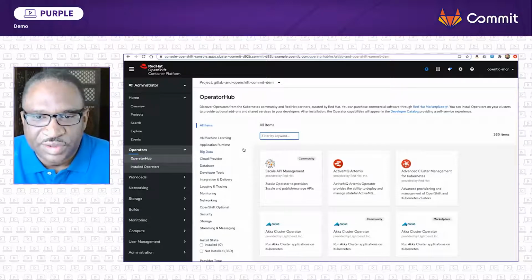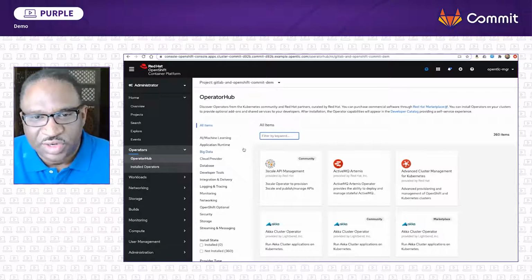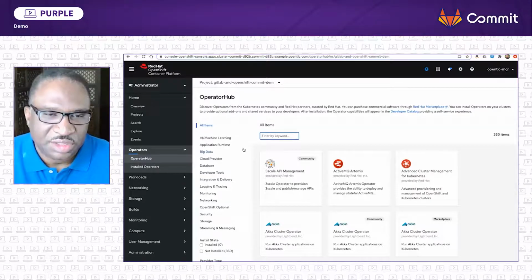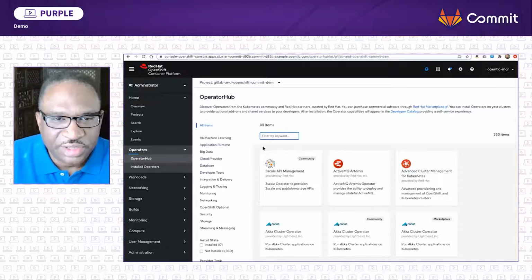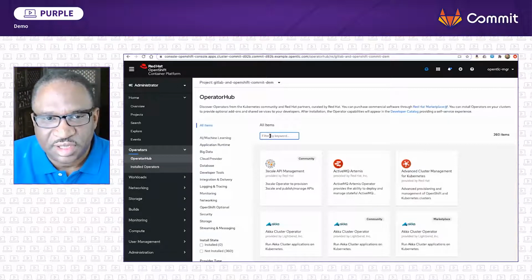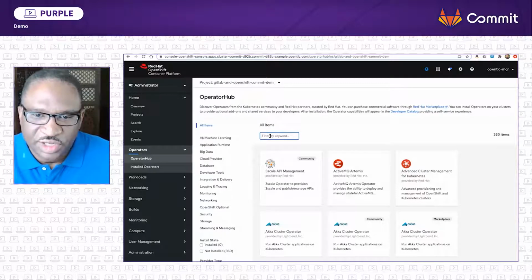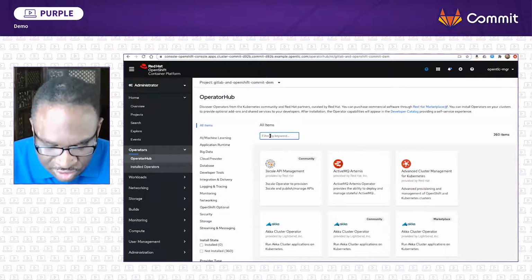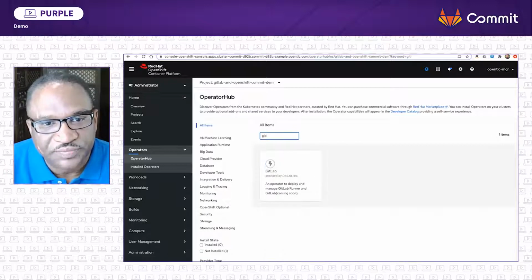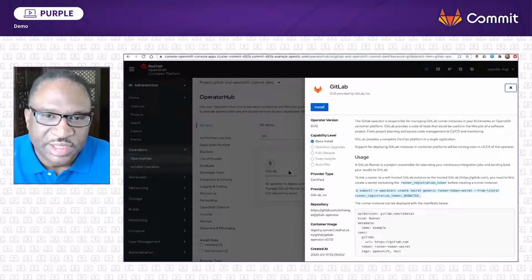These operators are responsible for all of the operations regarding the applications that they manage. Here you can select by different categories, or you can filter by a particular name. We have over 100 operators, over 100 different partners that we're working with to build these operators, and this number just grows over time. For our purposes, we'll search on GitLab, and you'll see the GitLab operator shows up directly in